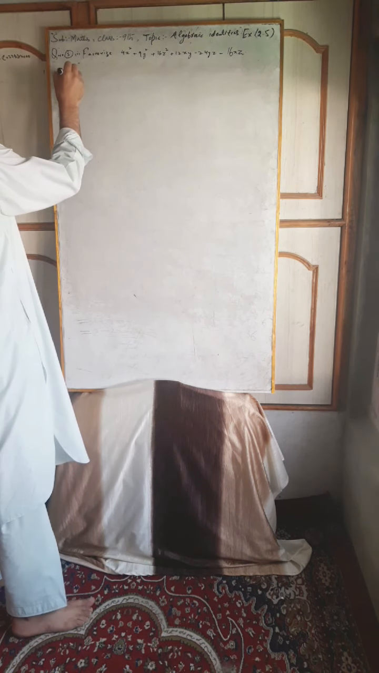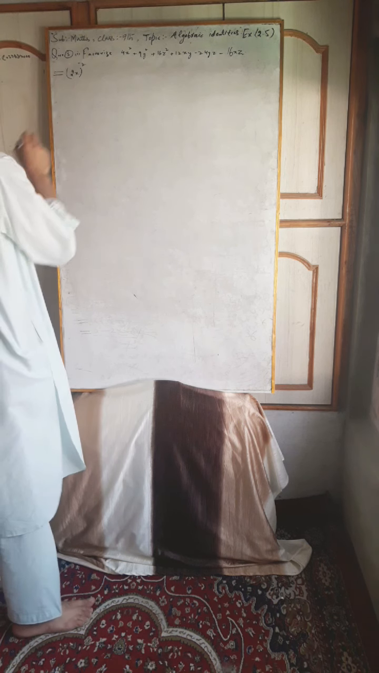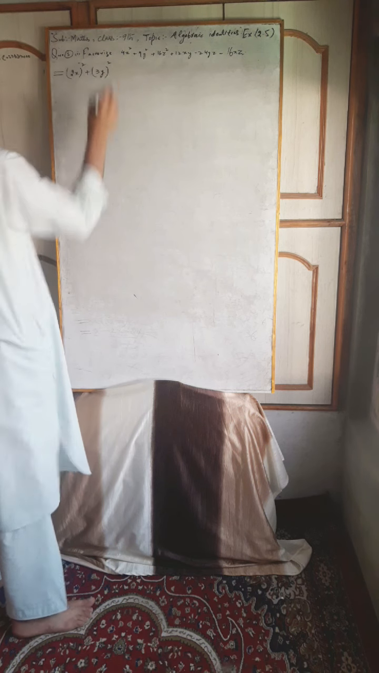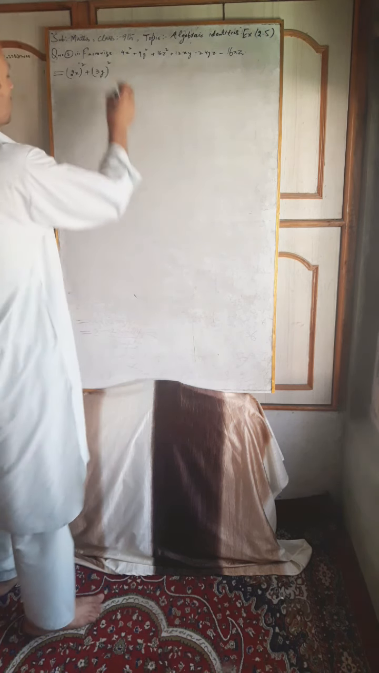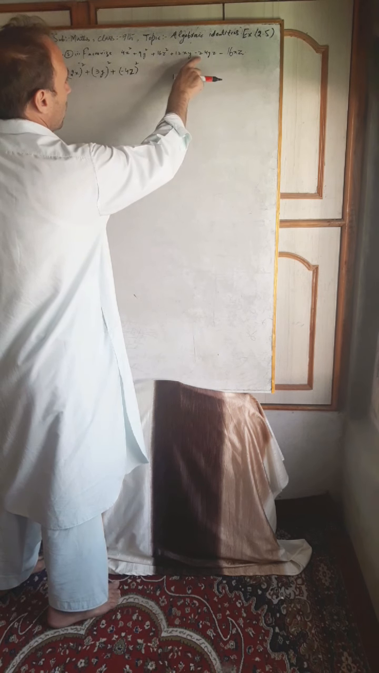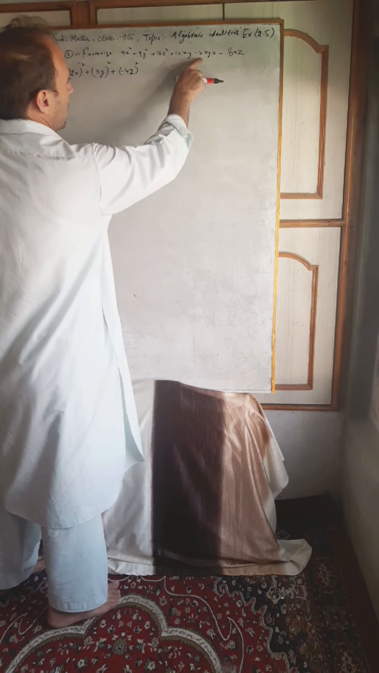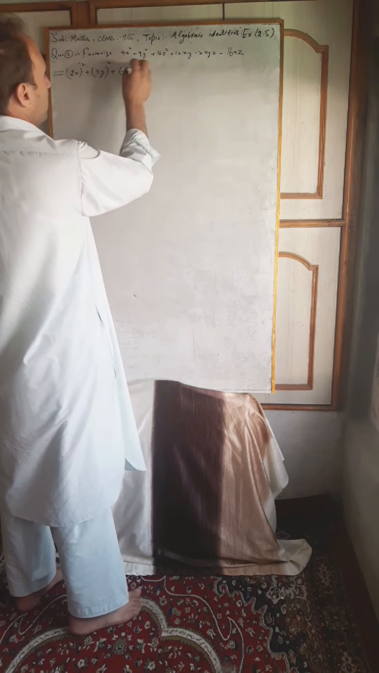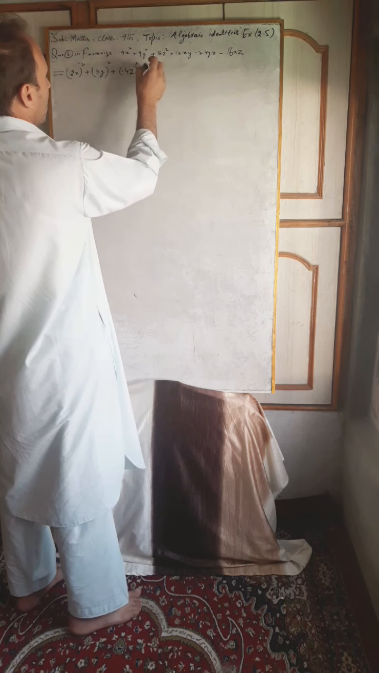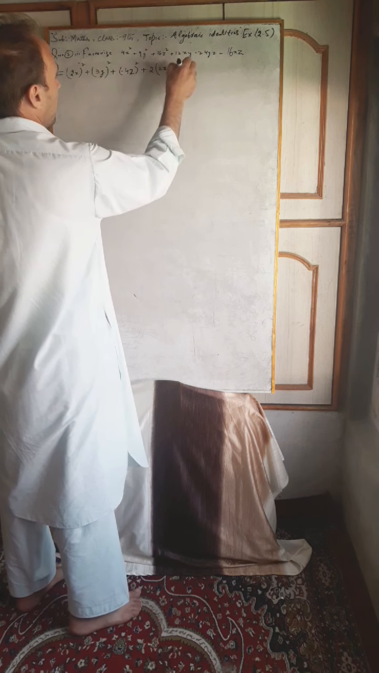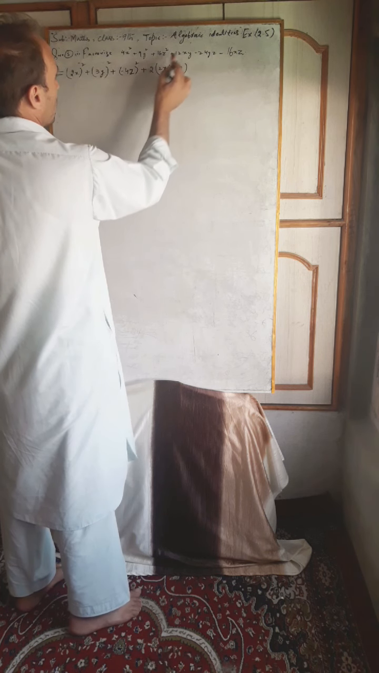4x square is to be written as 2x whole square, and 9y square is to be written as 3y whole square, and 16z square is to be written as plus minus 4z whole square. Since we are having the terms involving negative sign, minus 24yz and minus 16xz, plus 2 into 2x into 3y, meaning 3 twos are 6, 6 twos are 12xy,